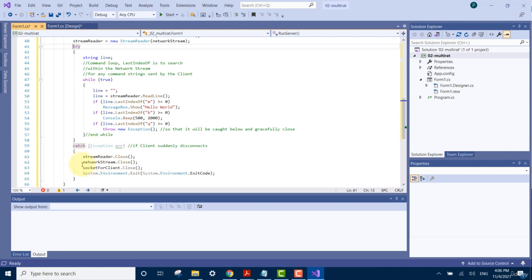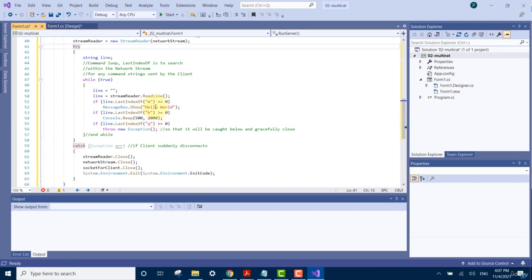So we use this catch block in an ingenious way for two reasons. The first reason is we want to quit when the user sends the Q message. When the user sends the Q message, we create an exception artificially so that it will be caught here. The second reason is if the client suddenly disconnects, could be a network outage or whatever. It will also create an exception which should be caught here, and then it will also gracefully close. And while this loop is perpetually running, the messages it can receive are M, B, and